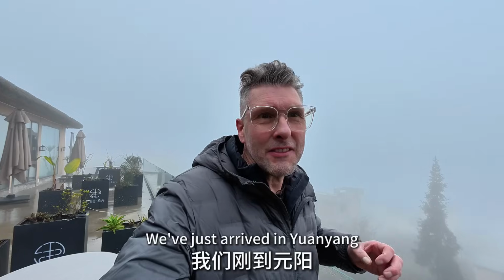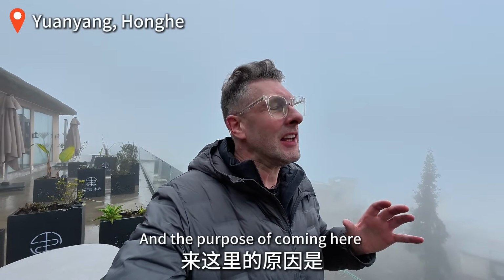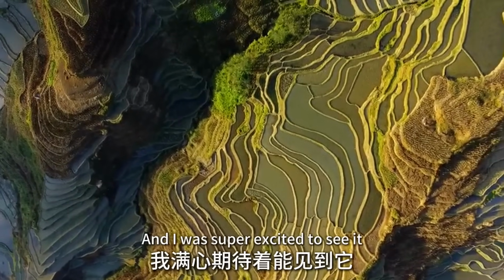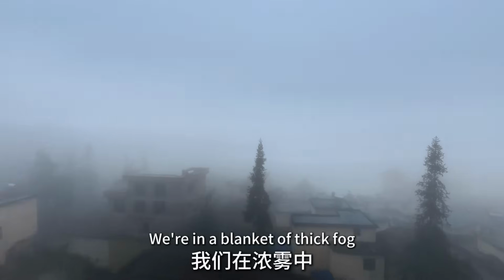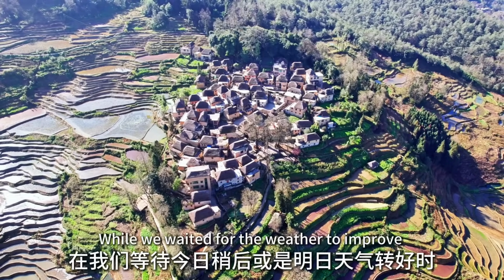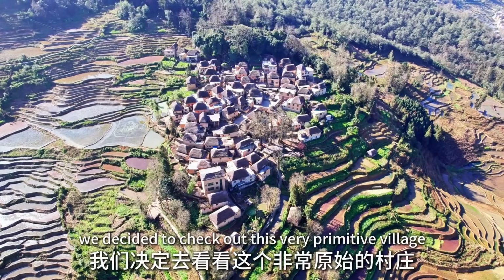So we've just arrived in Yuanyang, and the purpose of coming here was to see the beautiful, beautiful rice terraces. And I've seen many pictures and I was super excited to see it. But we've got here and look, we're in a blanket of thick fog. So we can't see more than about 10 meters. While we're waiting for the weather to improve, either later today or tomorrow, we decided to check out this very